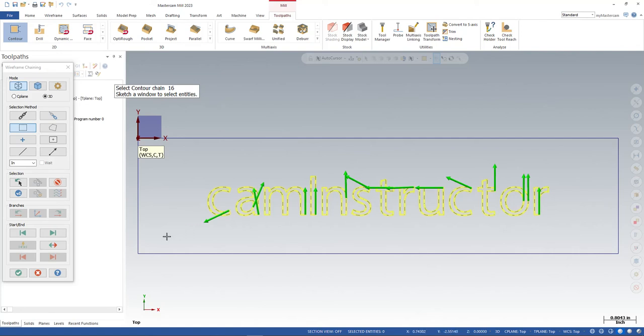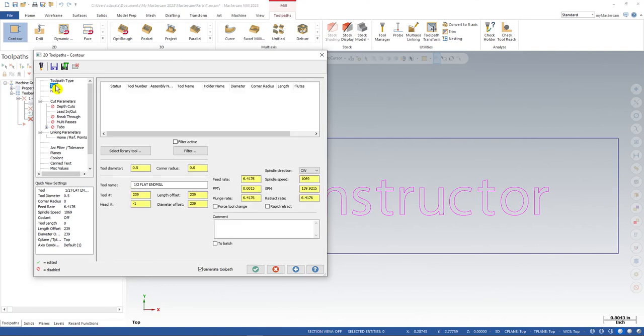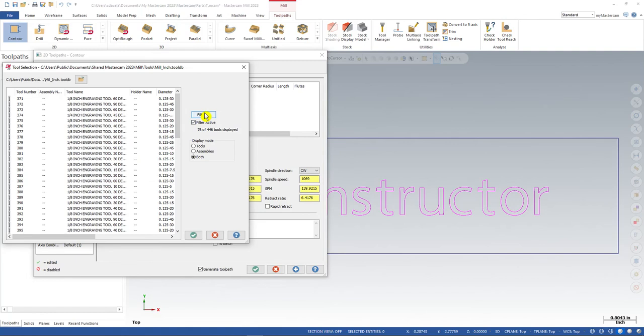So it's a very quick, easy way to chain a bunch of geometry when you don't really care so much about the order or the direction. Click OK. Now we have our toolpath dialog box. So we'll pick a tool. I'll go to my tool library, to my filter,